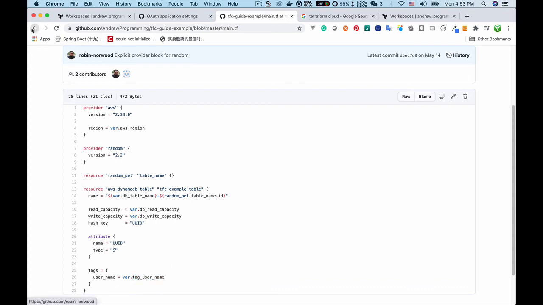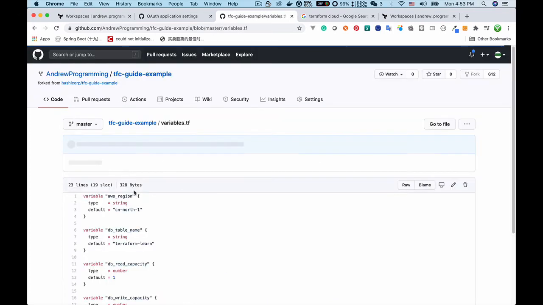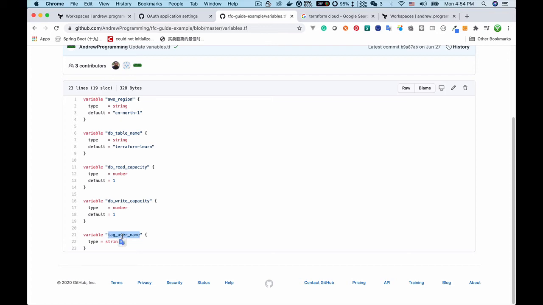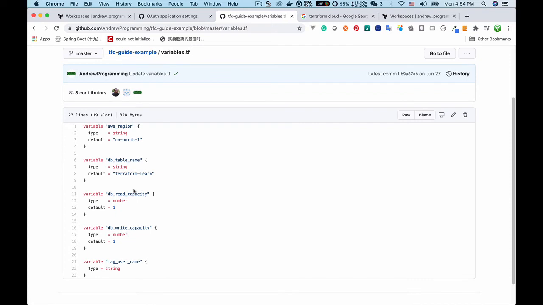If we go to the variables.tf, you can see there is a variable called tag username. It doesn't have a default value. It just has a type, right? So we must give this variable a value, and also this variables.tf doesn't contain another two variables we used